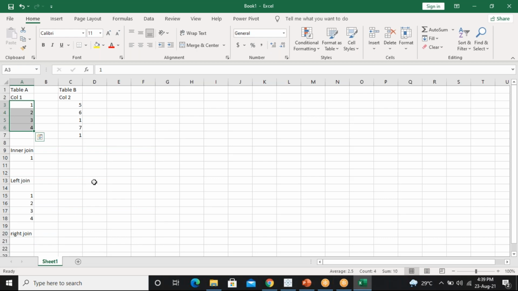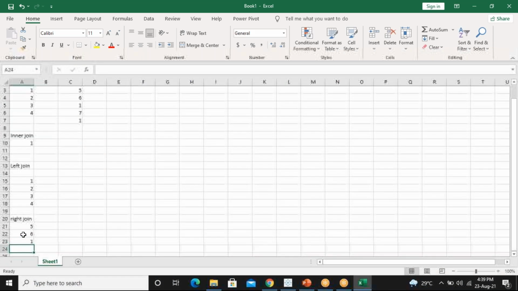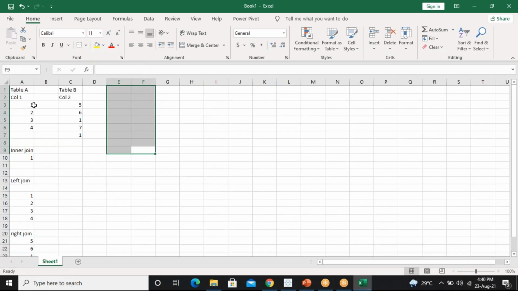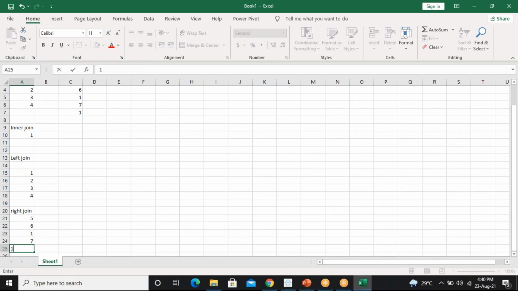The numbers from table B. What are the numbers I have to enter? 5, 6, 1, 7. Clear, right? So this is nothing but called a right join. But what is the problem here? Common one I took from here and here. When I say the right side, one more 1 is there, so that also I have to mention here. So this one common, it has gone.